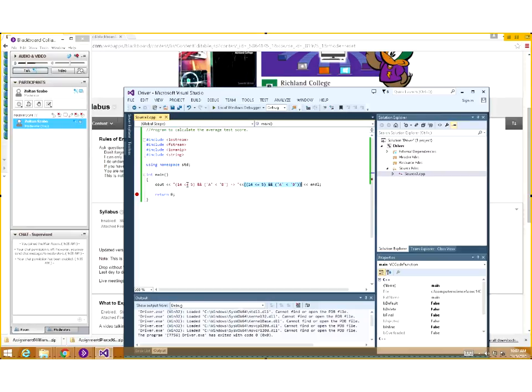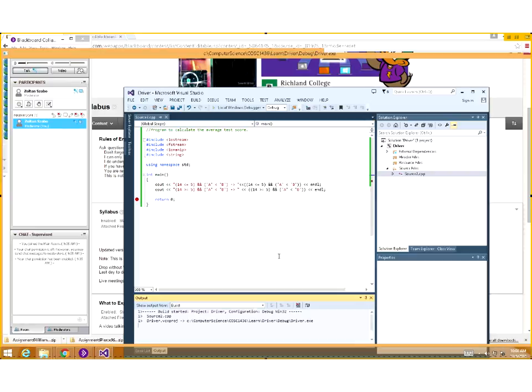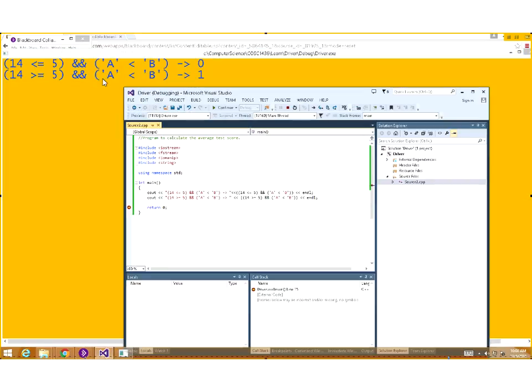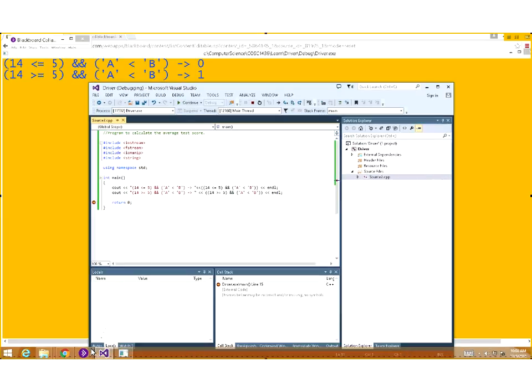So A is less than B, but 14 is greater than 5. So what if I change this? Okay, or better yet, copy this whole line and then rerun the application again. Oops, let's make this change greater than or equal to. So we can also see the changes in the output. Okay, so now you can see that the first one is 0 and the second one is 1. Okay, so you can do these kinds of things with your